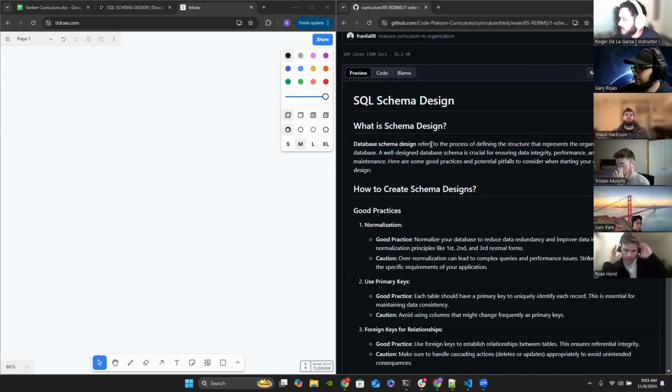And when it comes to schema design, there are some good practices and some bad practices that we take into consideration. For the good practices, starting off, we have normalization. I'm assuming you guys already have some form of an introduction to normalization, so we're going to cover it briefly, but not go too deep into the weeds of it. When it comes to normalization, it's always important that we follow the three forms of normalization, ensuring that